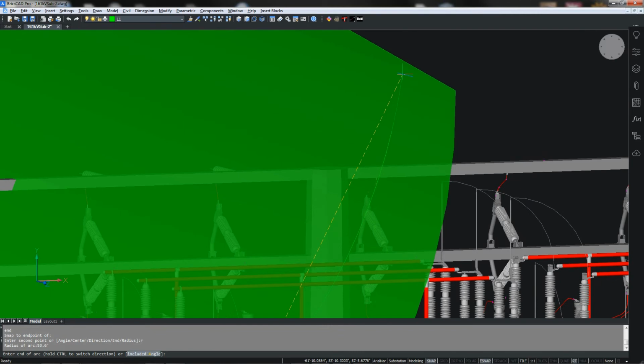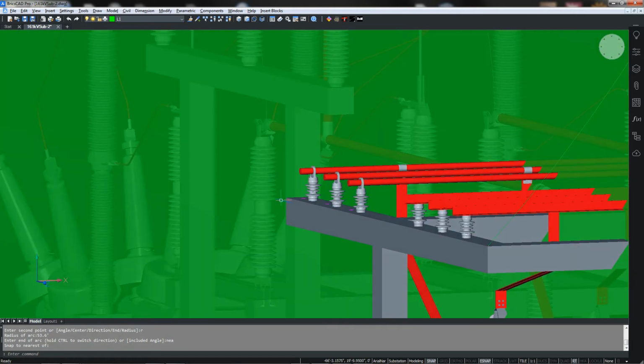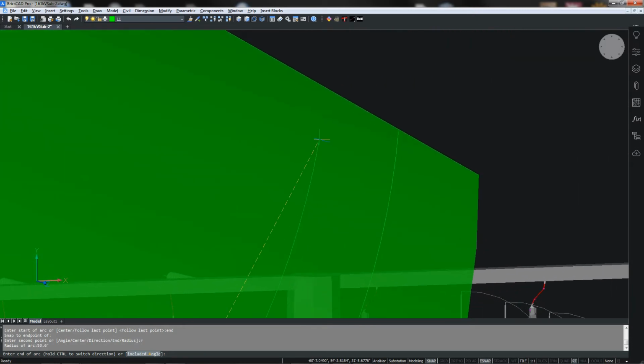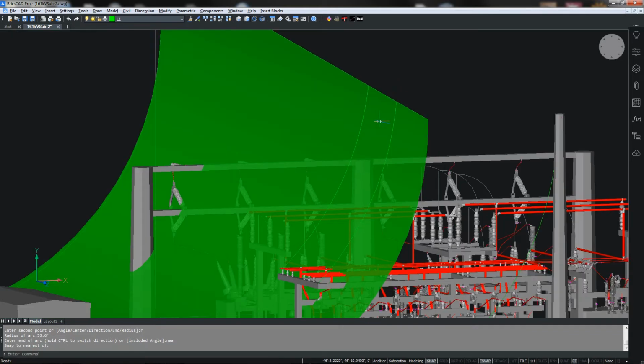And then we come up here and we want to intersect somewhere near, we want to hit the near point on that line. And again, we want to create another arc so that we have two arcs for our surface. Again, we want to start here at that corner, radius 53.6 feet. I don't know that I understand why AutoCAD doesn't remember the radius of an arc like they do for a circle. And then again, we want to intersect it near to this line here, so we'll get right there. Now we have our two